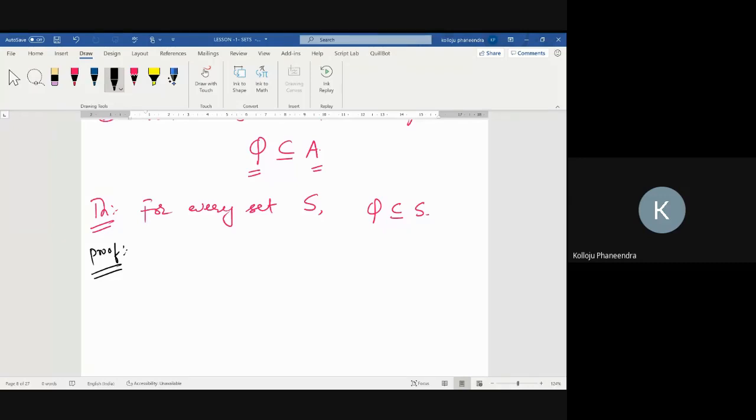Now listen to the proof very carefully. Let S be a set. To prove phi is a subset of S, when we say phi subset S, we have to prove that